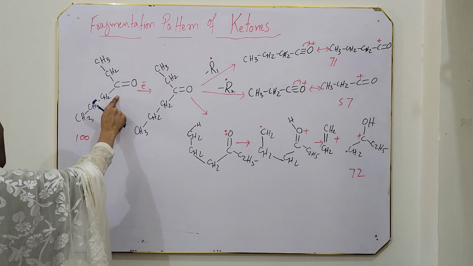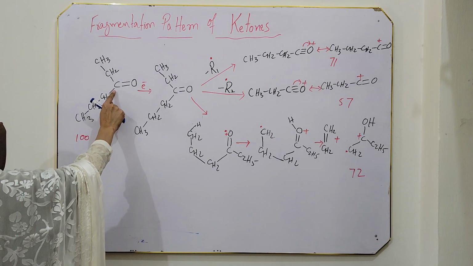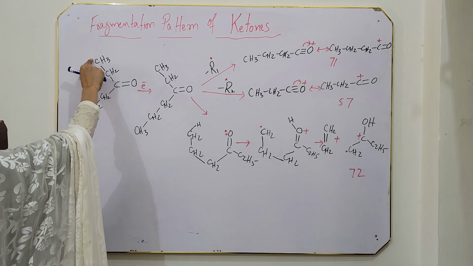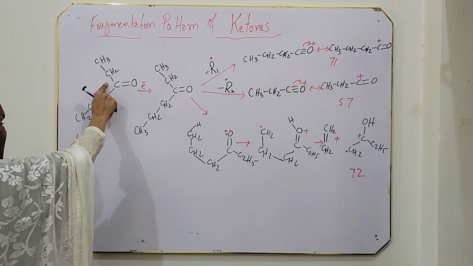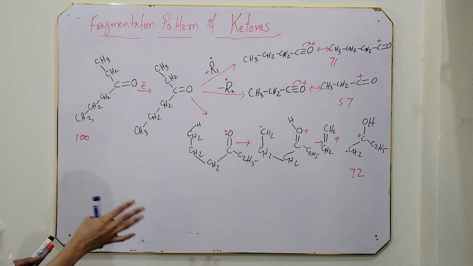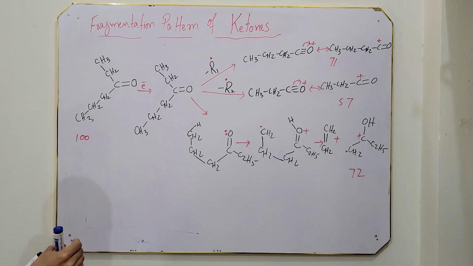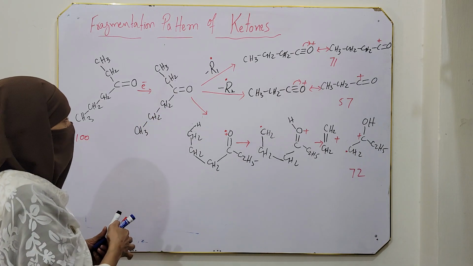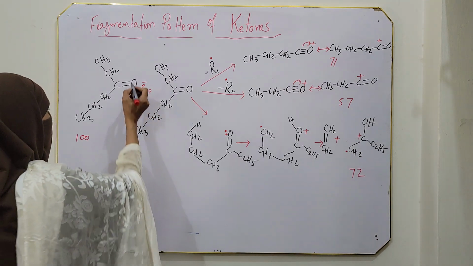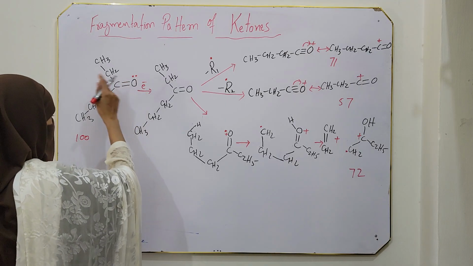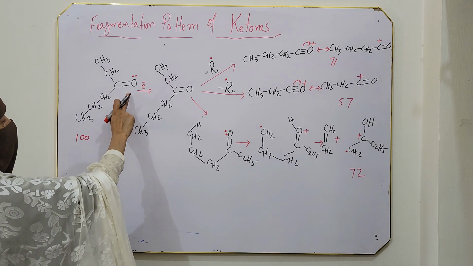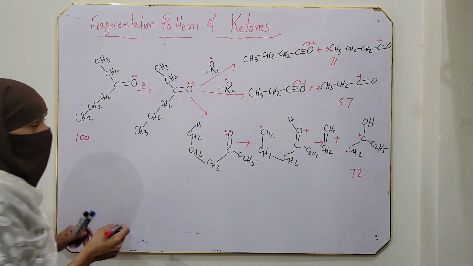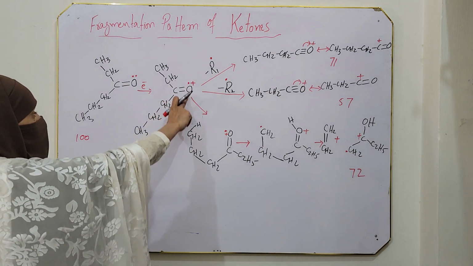Once one chain is fragmented by alpha bond cleavage, the second R group is fragmented by alpha bond cleavage, and the third time, if gamma hydrogen is present, we will perform McLafferty rearrangement. So let's bombard electrons on ketone. Just like aldehyde, when electrons are bombarded, an electron is removed from oxygen. A lone pair electron is removed from this position.